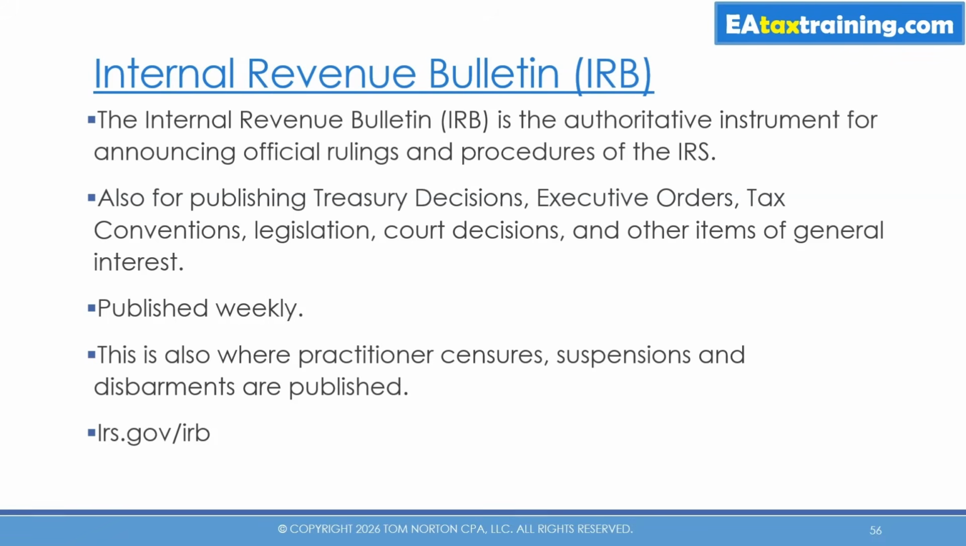The Internal Revenue Bulletin, we talked about this in the last video. It is the authoritative instrument for announcing official IRS rulings and procedures. And it also is where, of course, those censures and suspensions and disbarments of practitioners that we talked about are published. So they are published in the Internal Revenue Bulletin. It is also used for publishing Treasury decisions, executive orders, tax conventions, legislation, court decisions, and other items of general interest relating to taxation. It is published every week, and you can find it at